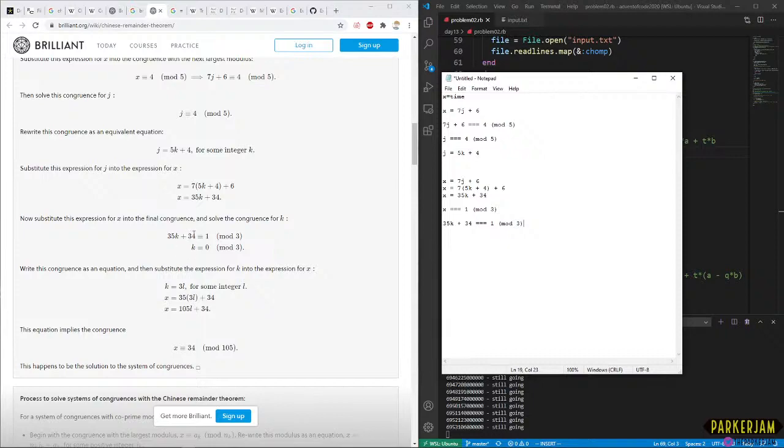So if you add on to both sides, you end up with 36k, and 36k is 0 mod 3. And multipliers just drop off. That part makes sense.